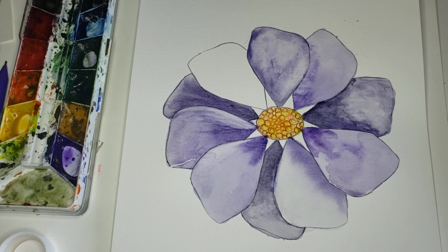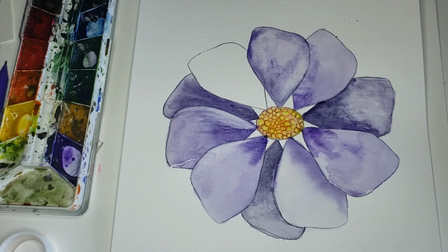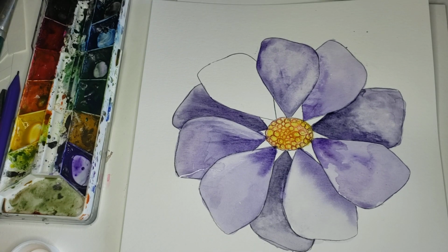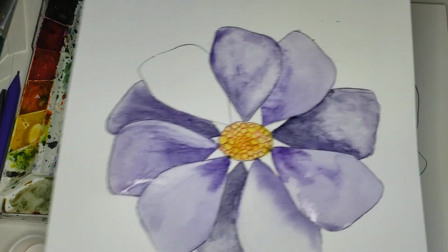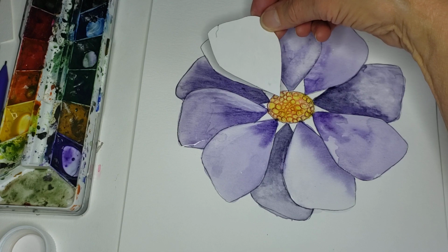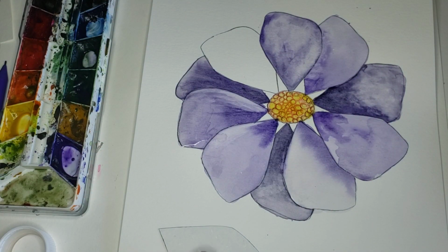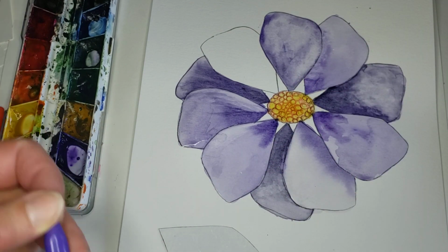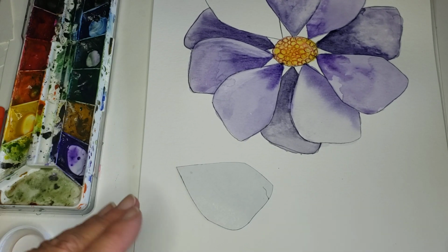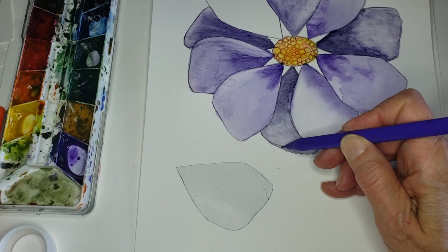You can use the same petal cutout and create the leaf, or you can draw your own. You have all kinds of choices. See if I can find the petal cutout. Here we go. If I use a petal, I like to use the same one as a leaf, because then there's a reflection and an echoing of the same shapes. So I would start by just drawing a